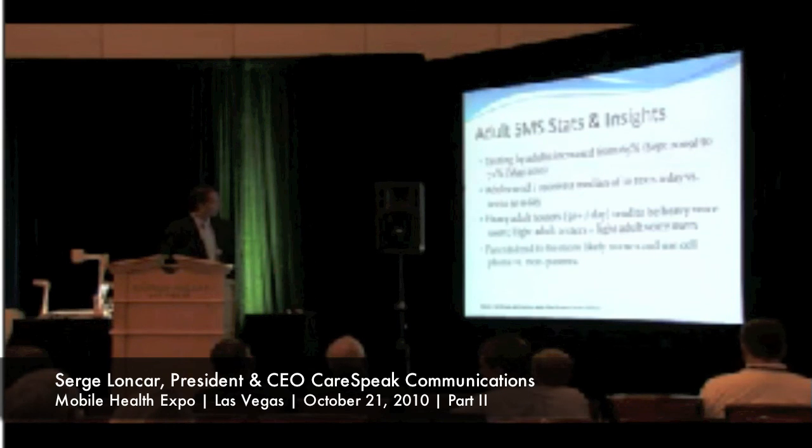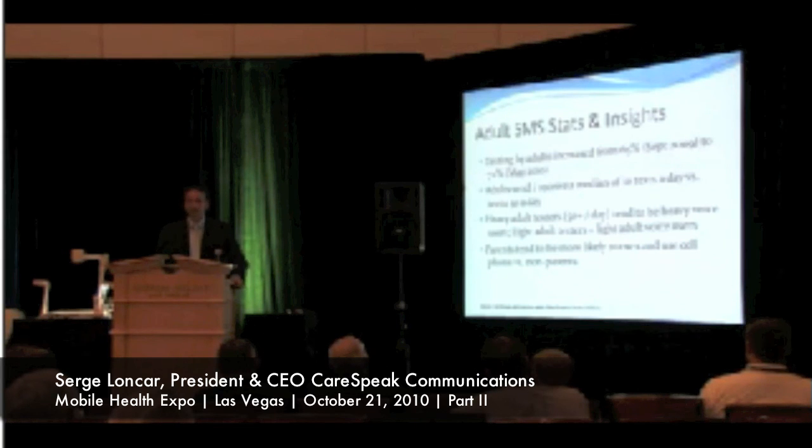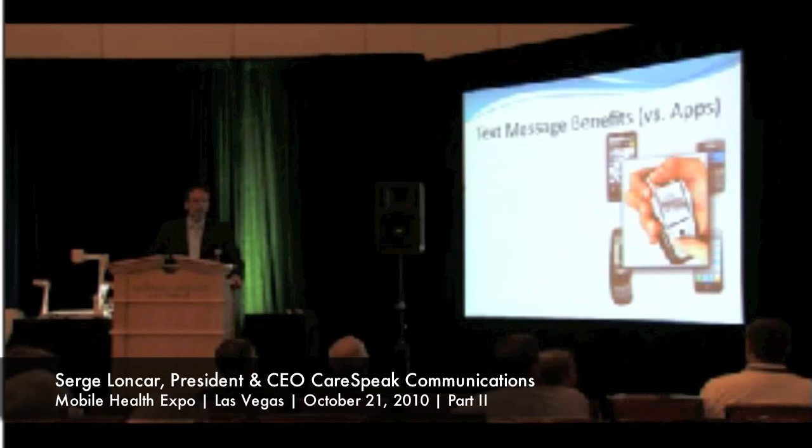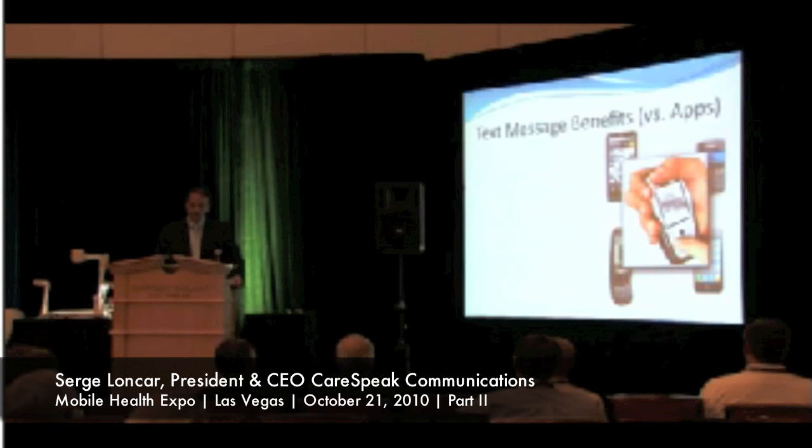And then obviously you all know this, it's pretty intuitive. If you have kids, you're more likely to have a cell phone because that's a great way to keep track of them. We hear a lot about apps, and I own an iPhone and an Android phone and a BlackBerry, and there are some really fantastic apps. There's no doubt about it. But the reality is that the majority of people cannot afford this,